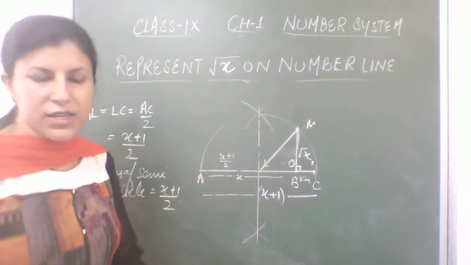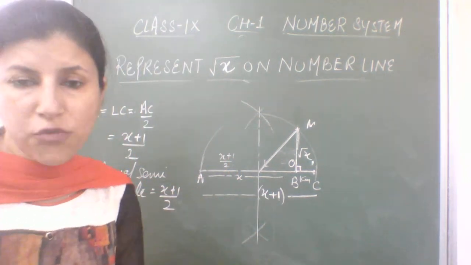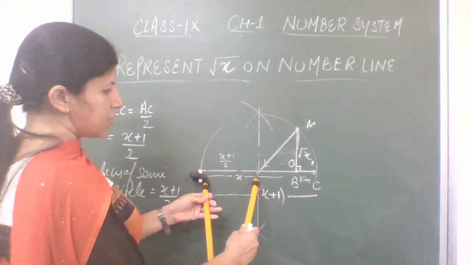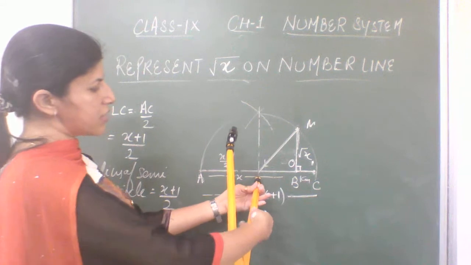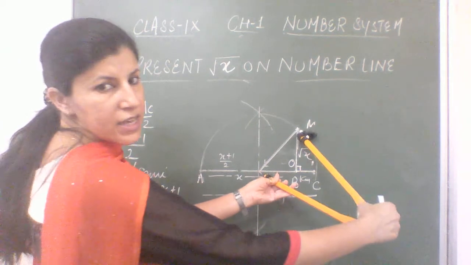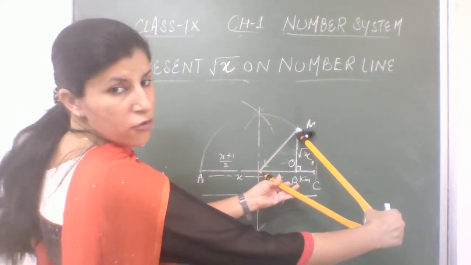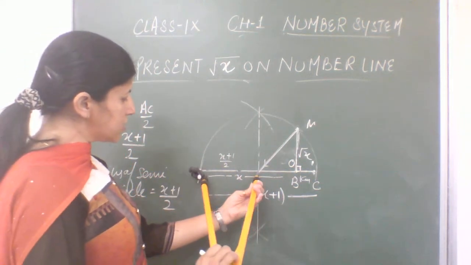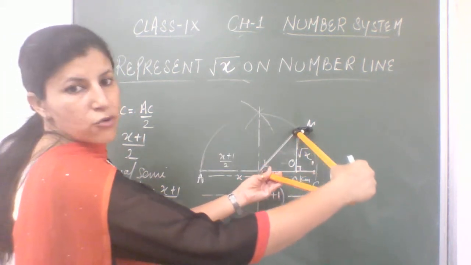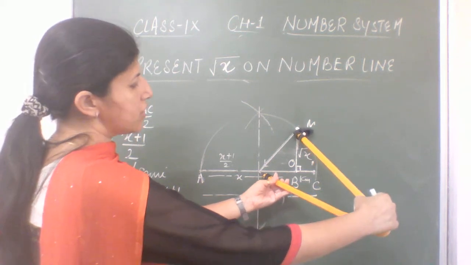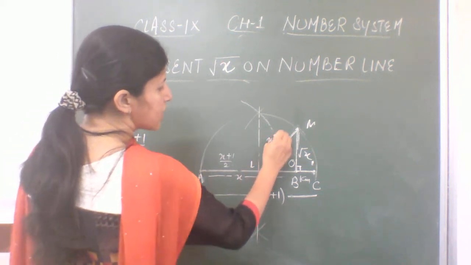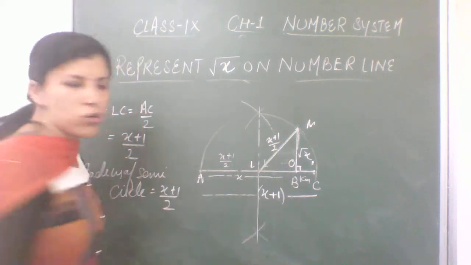LM क्या है बेटा? एक तरह से आप देखो तो LM is radius of our semicircle because ये हमारे सर्कल का रेडियस है. राइट? अब आप सेंटर से बाउंड्री पे कहीं पे भी आर्क लगाओ, पॉइंट रखोगे तो वो रेडियस ही आएंगे. सिमिलरली LM is radius of our semicircle. This LA is radius. आप इसकी बाउंड्री से लेके सेंटर से बाउंड्री तक का जो डिस्टेंस होता है, that is called radius of a circle. It means this LM is of length (x plus 1)/2 centimeter.